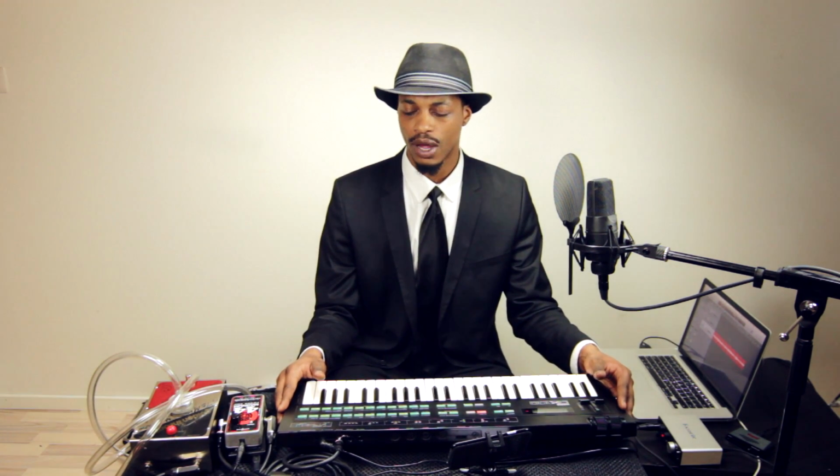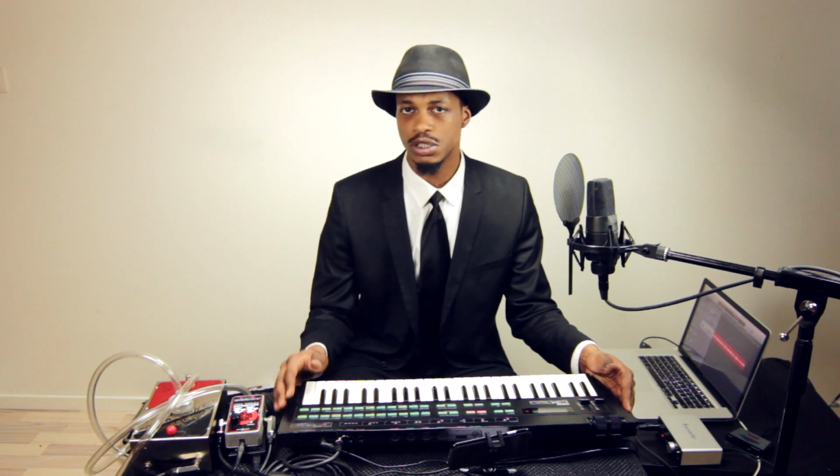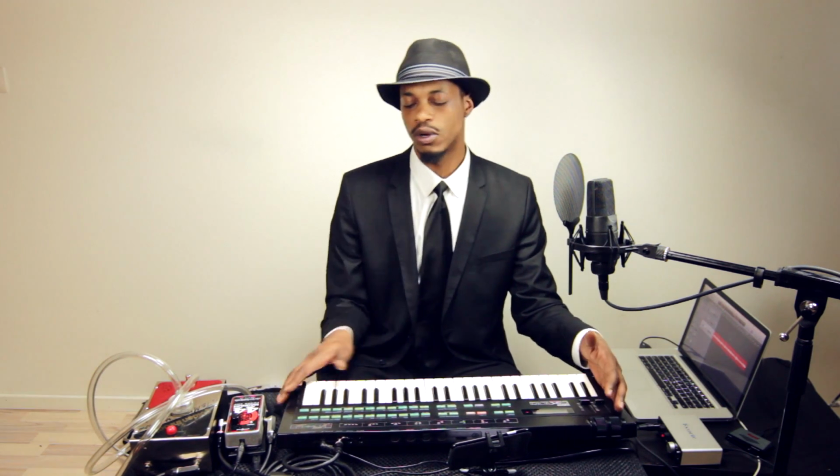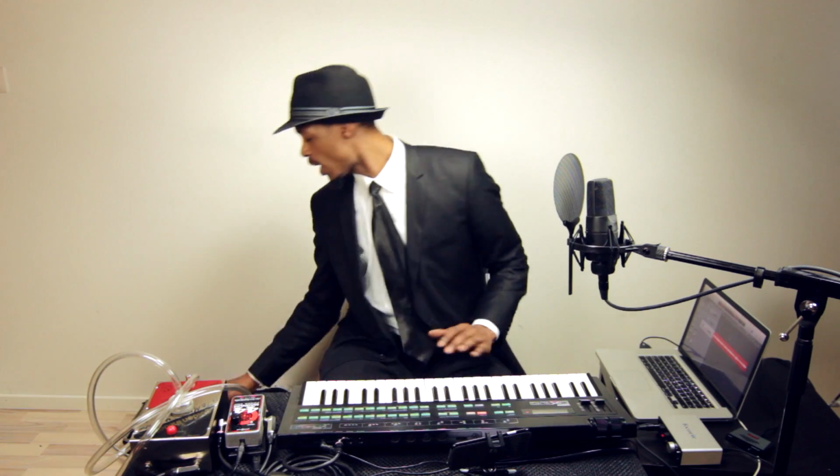So those are different things you want to think about. You want to think about portability. You want to think about how many different ways you can power it. Is it USB powered? Is it battery powered? You want to think about where the modulation wheels are, pitch and modulation wheels. You want to think about the knobs, things like that. How easy is it for you to take around? I carry